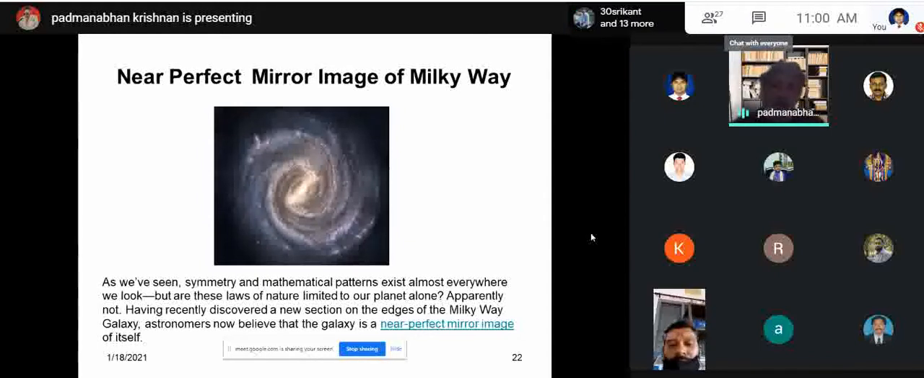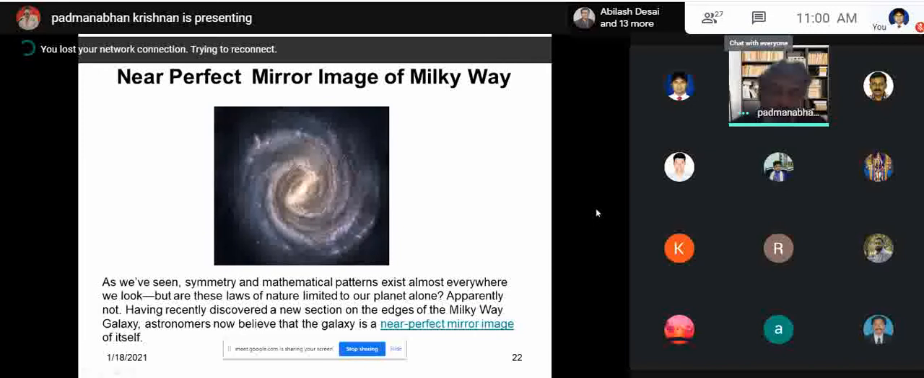Now, a near perfect mirror image of the Milky Way is what we are going to experience now. The Milky Way is not like the Nautilus. As we have seen, symmetry and the mathematical patterns exist almost everywhere we look. But are these laws of nature limited to our planet? Apparently not. Having recently discovered a new section on the edges of the Milky Way galaxy, astronomers now believe that the galaxy is a near-perfect mirror image of itself. Now, for the solar system to go around the Milky Way,